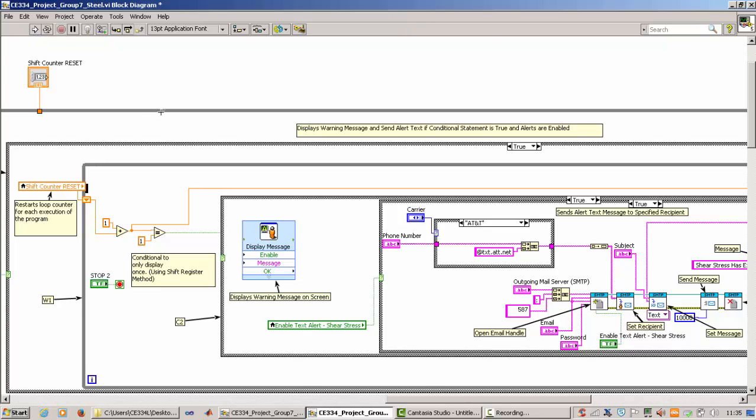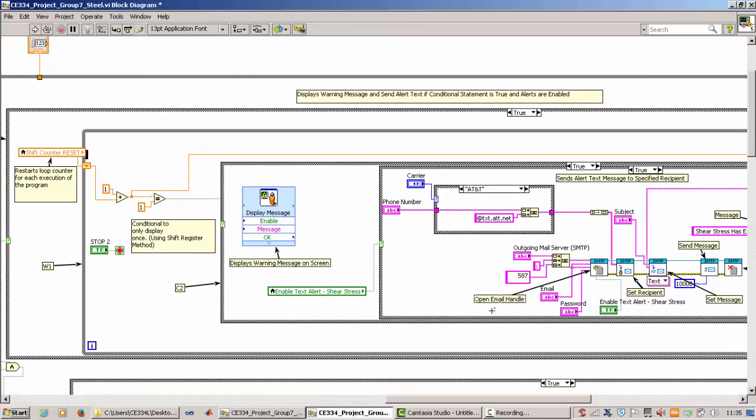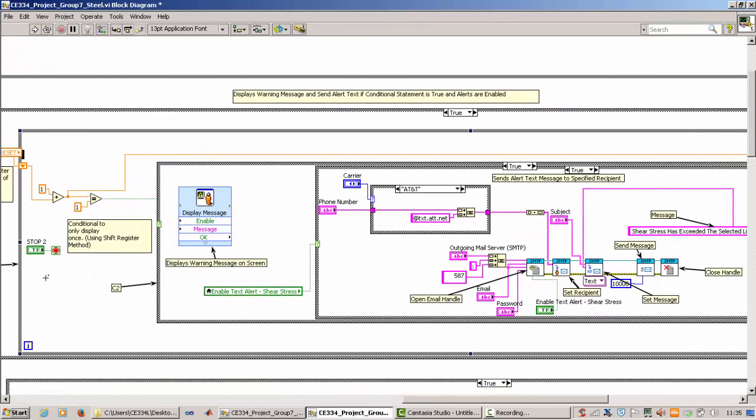And what you see here is a while loop that encloses the entire program, so the program just keeps running continually when we press run. Okay, so back down here. For the first time that the while loop is entered, this will be true, since 1 plus 0 is 1, which equals 1, of course. So this is true, and then we go into this case structure, this big one,